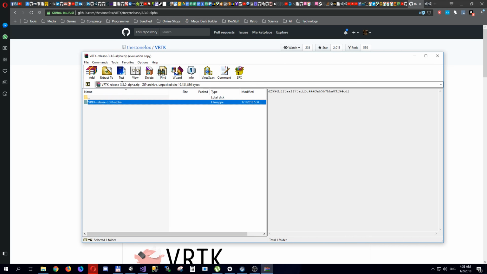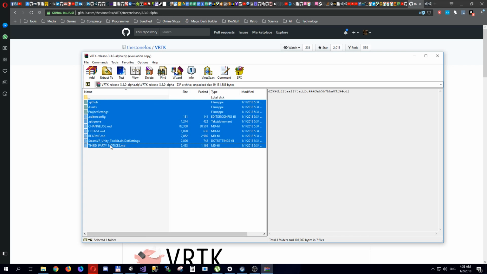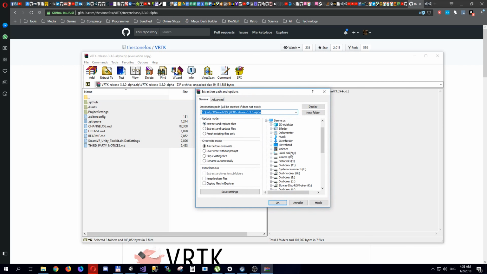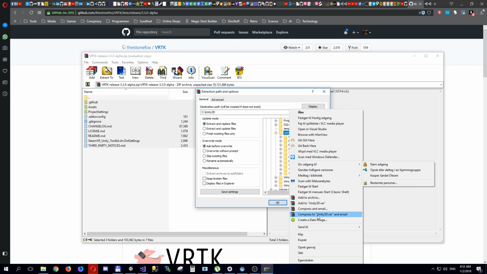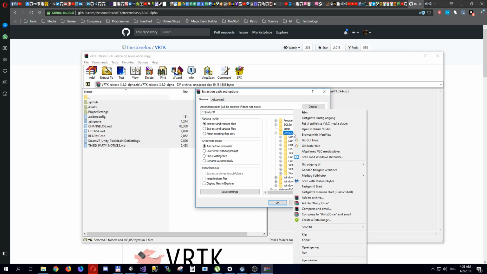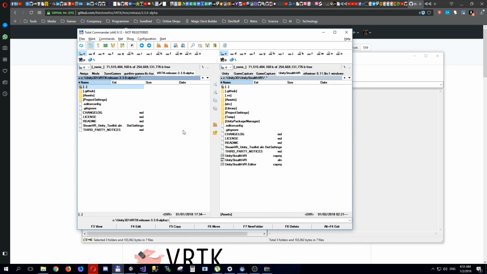And when I open this, I can go in here and extract all of this, and I'll select my Unity 3D folder, so we'll make a new folder. I can't do that in here. Maybe I can just open, nope. Well, I'll use Windows Commander,